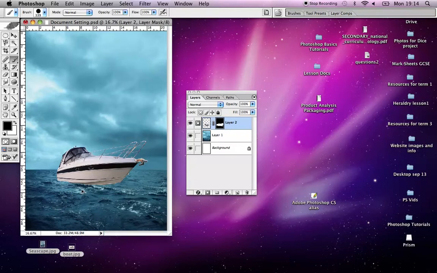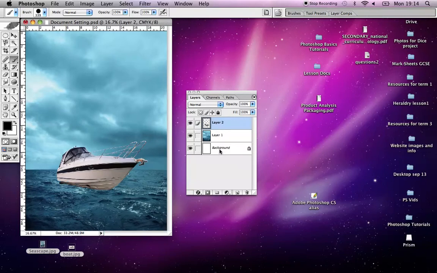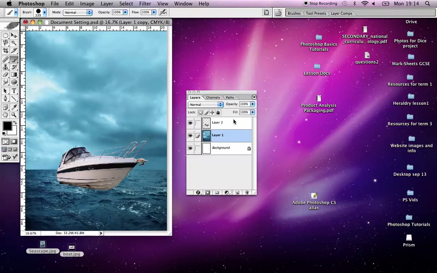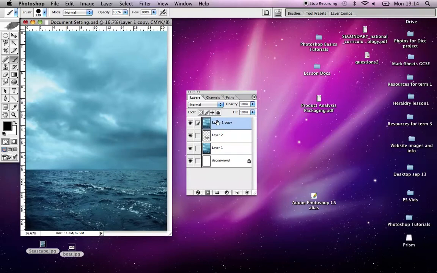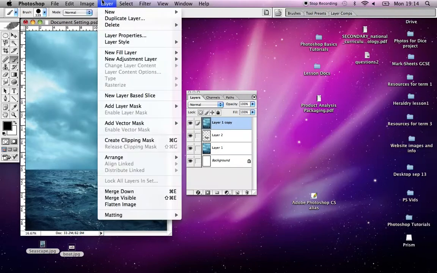However, there are other ways this can be achieved. If you right click or control click on the layer mask and then discard or delete the layer mask, another way you might want to tackle this issue is to duplicate your background layer, bring it above your layer with the object on it, in this case the boat, creating a mask for the whole background layer which is now above everything,